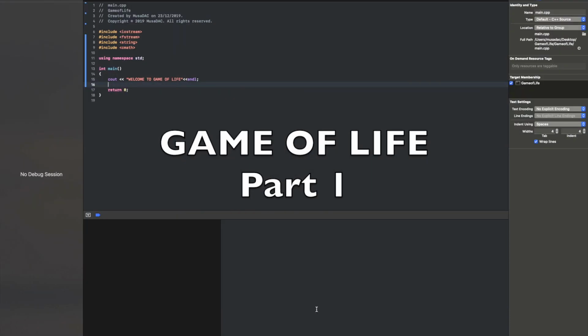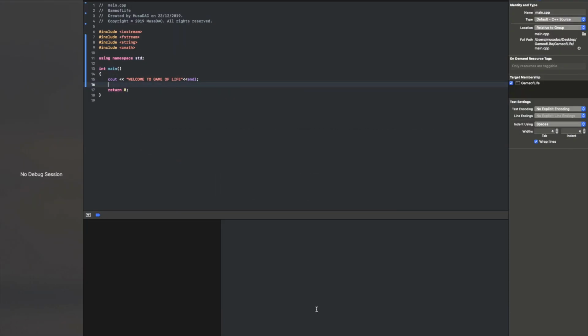Code Game of Life in C++. So actually, Game of Life was devised by a British mathematician, John Horton Conway, in 1972. The game is a zero player game, meaning that its evolution is determined by its initial state, requiring no further input. One interacts with the game of life by creating an initial configuration and observing how it evolves on basically